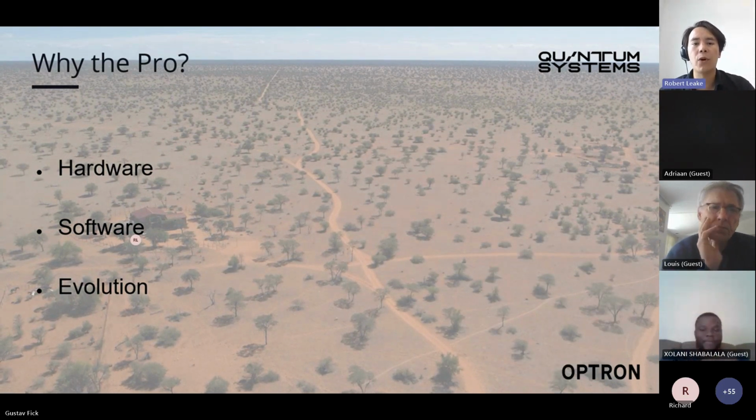So the introduction of the Trinity Pro enabled us to really push the boundaries on the hardware side and introduce several new features and capabilities that are really industry leading, let's say. So things like being able to handle the highest amount of wind of any VTOL platform in this weight class, being able to take off and land in up to 12 meters per second of wind, irrespective of the payloads that we're normally carrying, being able to fly in up to 18 meters per second of wind gusts when we're in the air, being able to fly for 90 minutes, and all of that while being IP55 rated to handle dust ingress and water ingress,